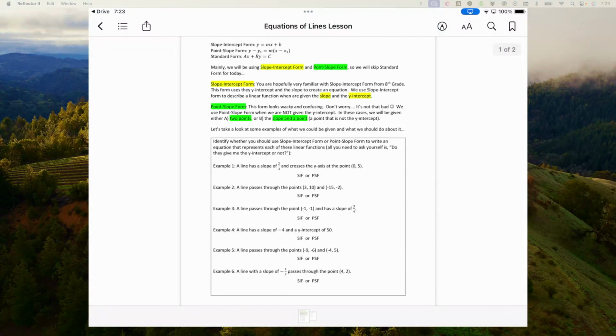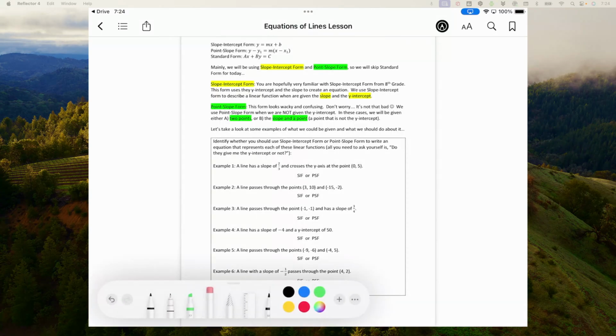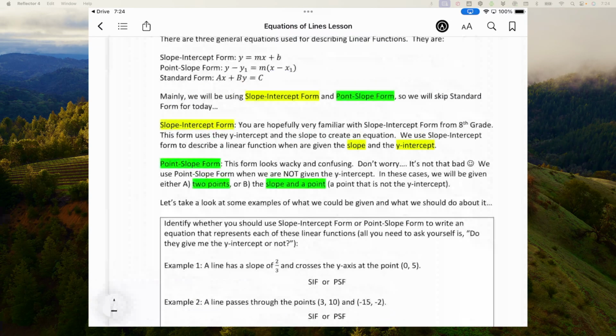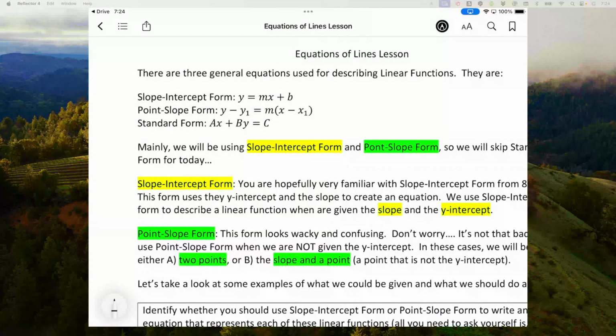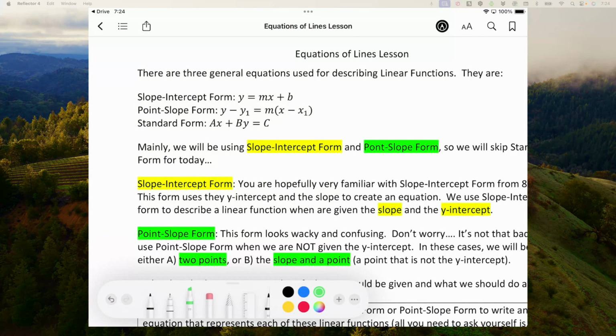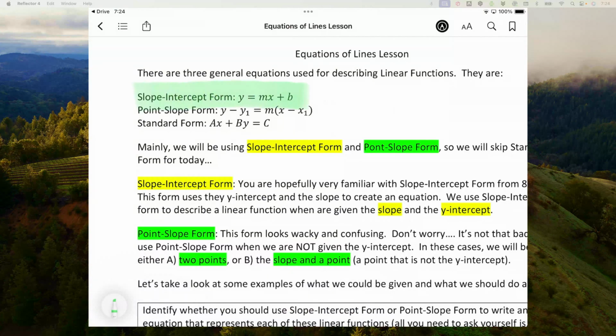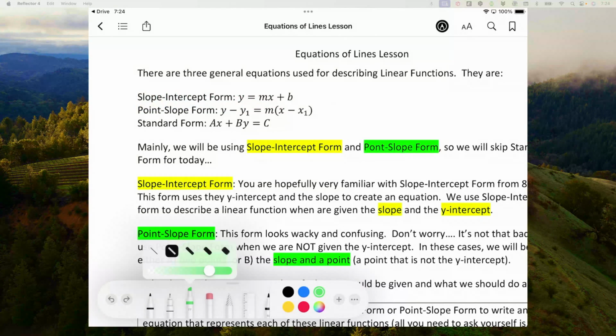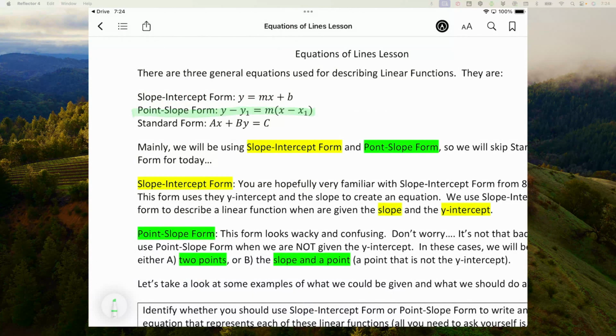Okay, so what we've got coming up here is a conversation around this idea that there is more than one way to write an equation for a line depending on what information you are given. So at this point we should be pretty familiar with the slope-intercept form, y equals mx plus b. And the new kid on the block, so to speak, is going to be this one right here, point-slope form. Now point-slope form looks a little bit nastier than slope-intercept form, and it is, but it is nothing to be